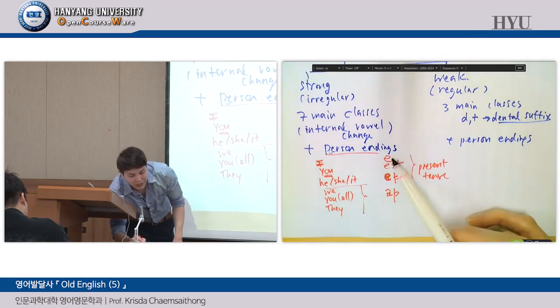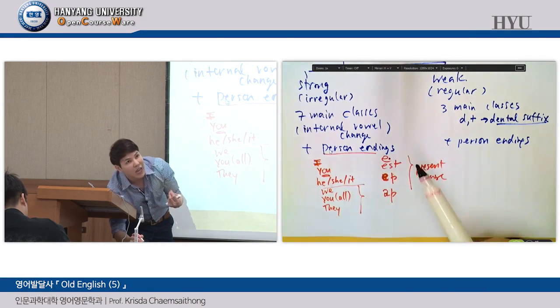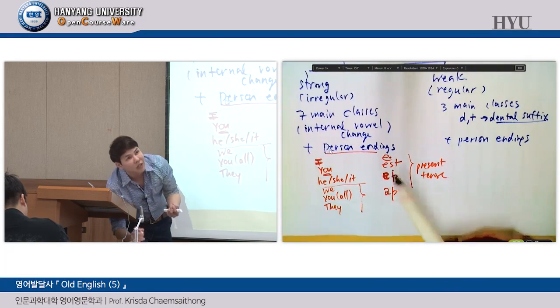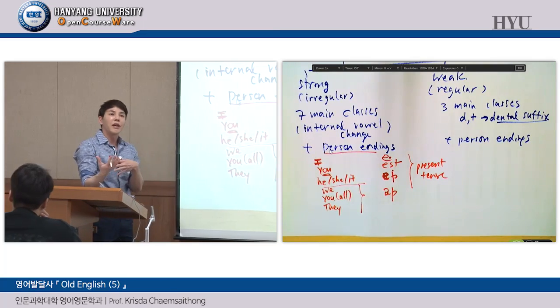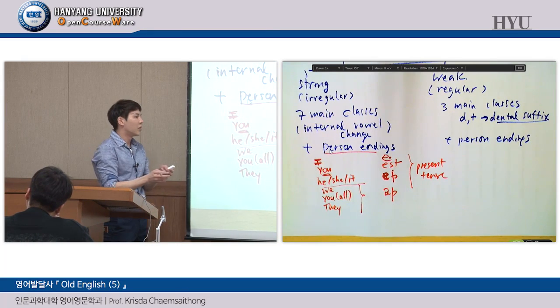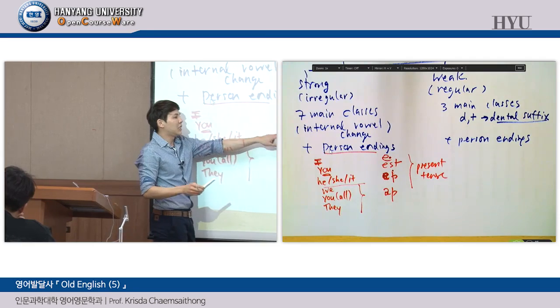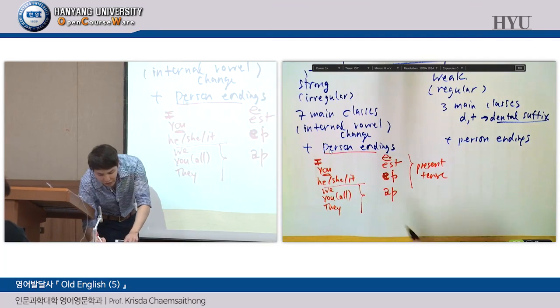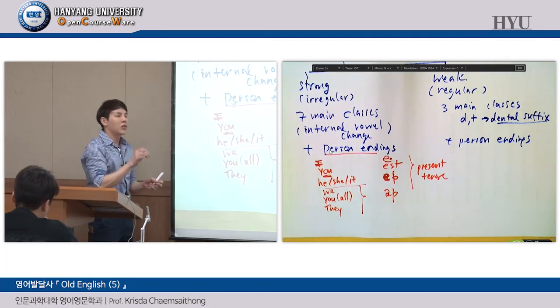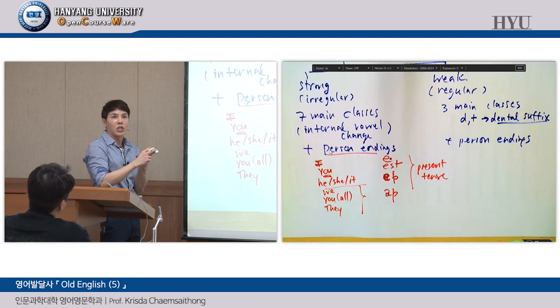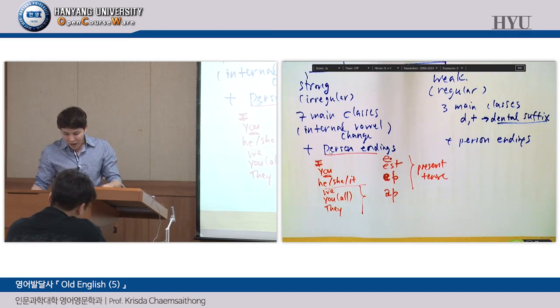So if you see the E ending, you know that the subject is I, right? If you see EST ending, you know that who is performing that verb is you, and so on. If you see the ETH ending, this is the thorn, you know that it's the present tense and third person, like that, okay? But for